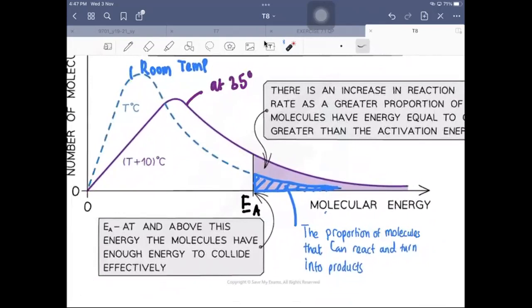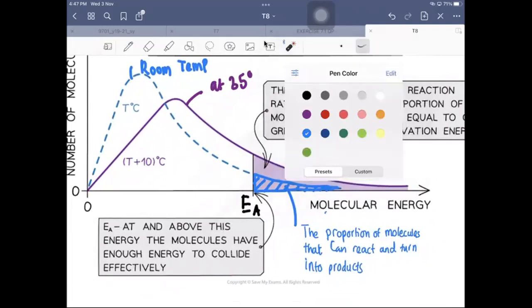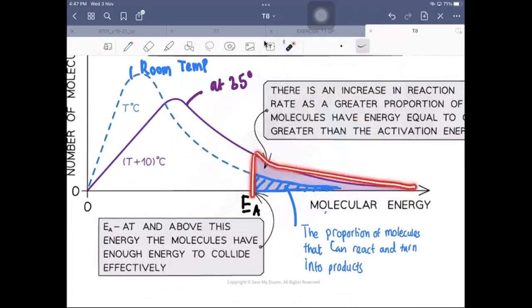Now another thing that is most important is we look at the area under the curve bigger than EA. Can you see this region? The purple region. Okay, so I'm going to shade that first. Can you see now that this area is bigger than the blue shaded area? This means that there is now a bigger proportion of particles having energy equal to or bigger than activation energy. I now have more particles that can react,